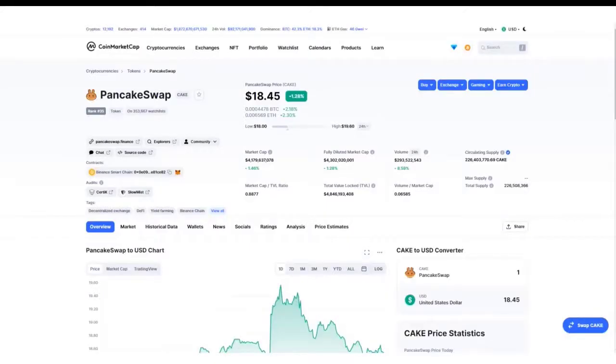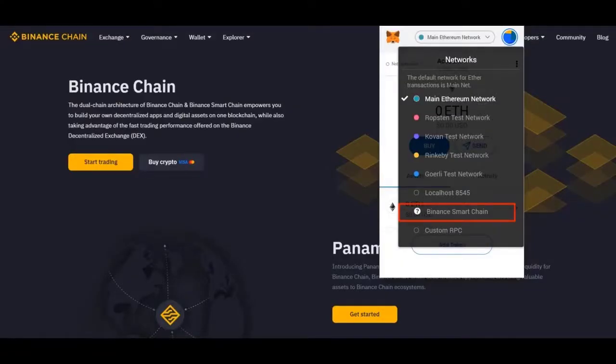Cake is the native token of PancakeSwap based on Binance Smart Chain, and it's ranked at 35 by CoinMarketCap. An all-time high was $44, while the current price of Cake is $18.5, and there's no maximum supply for Cake. It's actually unlimited. Before we proceed further in the video, I want to show you how to set up MetaMask